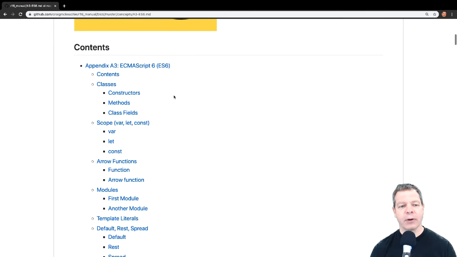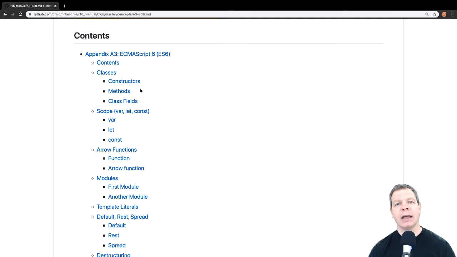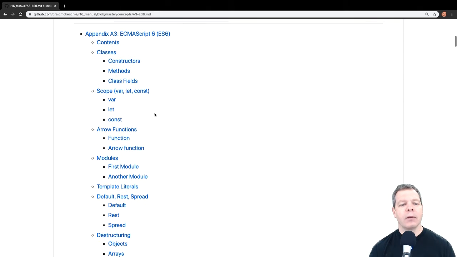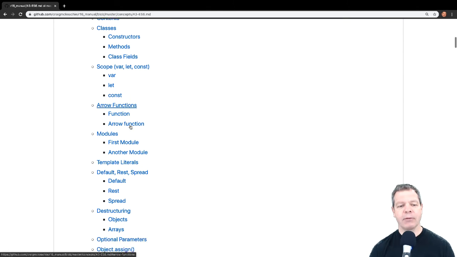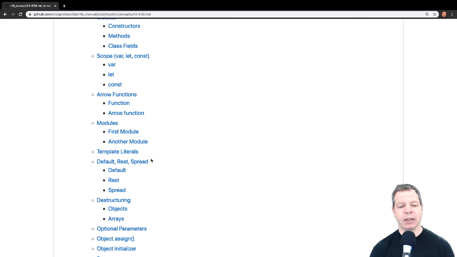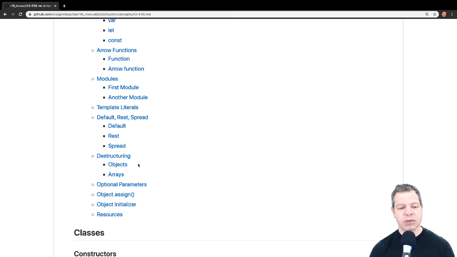What are we going to cover in here? Some of the big things that were introduced are classes. Historically, JavaScript had the capability to use prototypes to emulate classes, but there wasn't a first-class language construct for classes. We'll talk about scope, arrow functions, modules, template literals, default, rest and spread operators, destructuring, optional parameters, Object.assign,